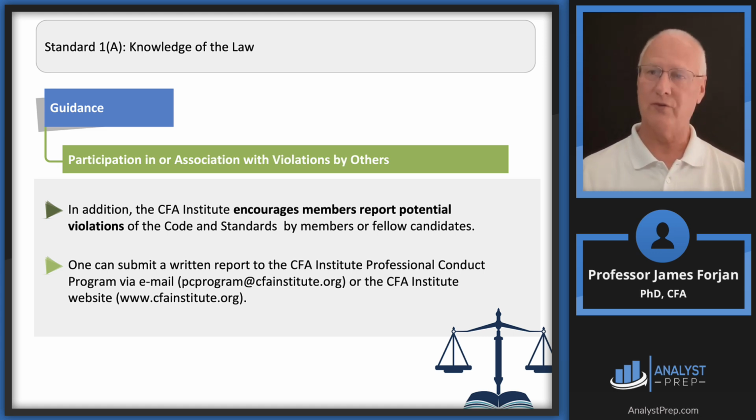It also gives you a sense of how the Institute rules on all of these kinds of violations, which of course gives you a better foundation for